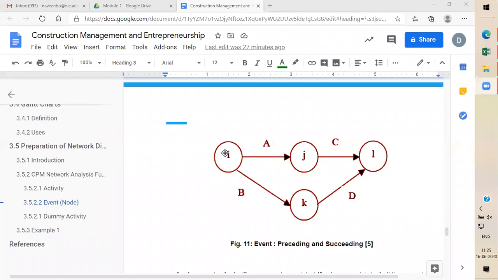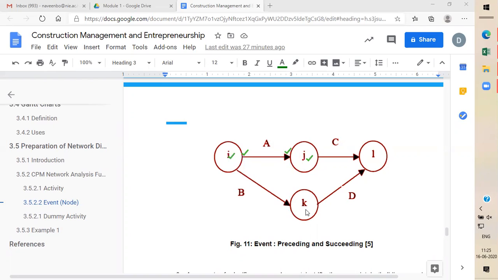So these are called events. I'm just going to revise. These are called events, which are the circles, and this arrow indicates the activity. This tail indicates the start of the activity, and the arrowhead indicates the end of the activity. This is the preceding event where the activity will start, and this is the succeeding event.